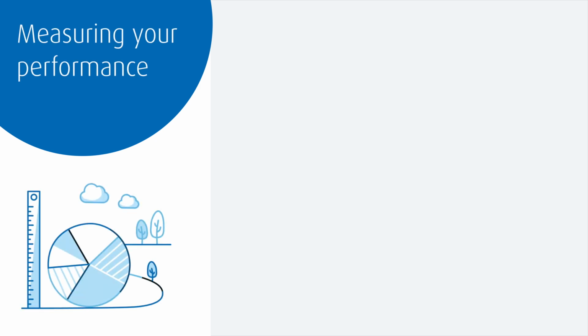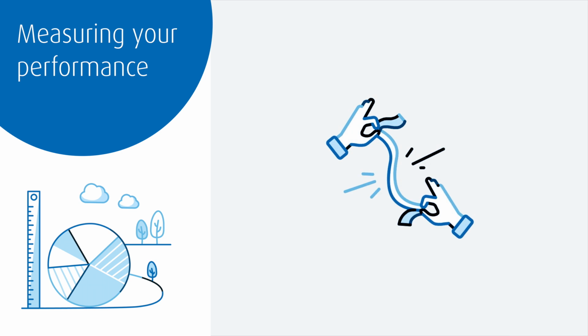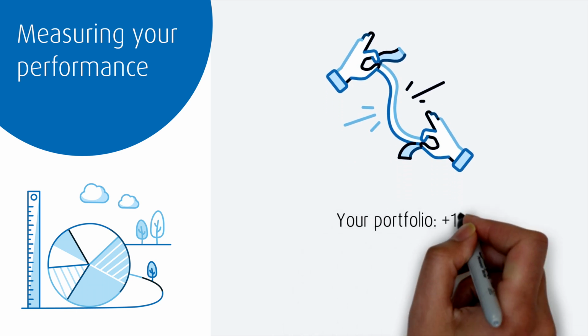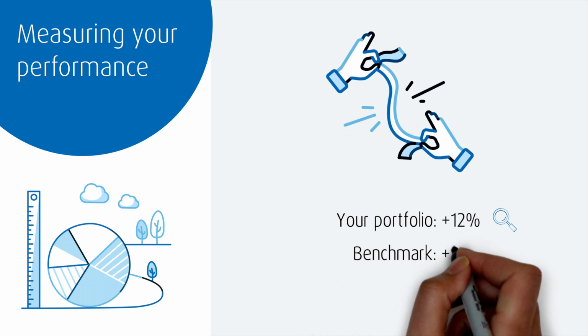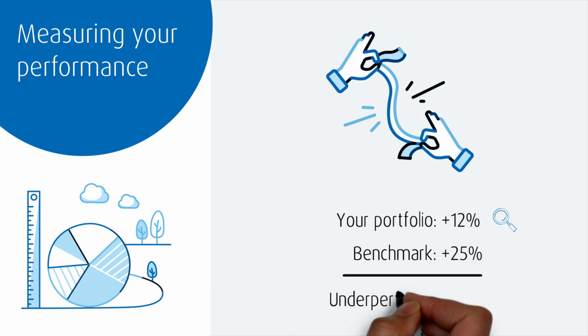Because people invest in order to grow their money, it's important to be able to properly measure your performance relative to the level of risk you are taking. For example, if you had a portfolio of individual Canadian stocks and the return for the year was 12% for all of your holdings, is that good? Well, it depends. If the return for the S&P TSX Composite Index, the main benchmark for the Canadian stock market, was up 25% for the same year, then your stock picks underperformed the market by 13%.